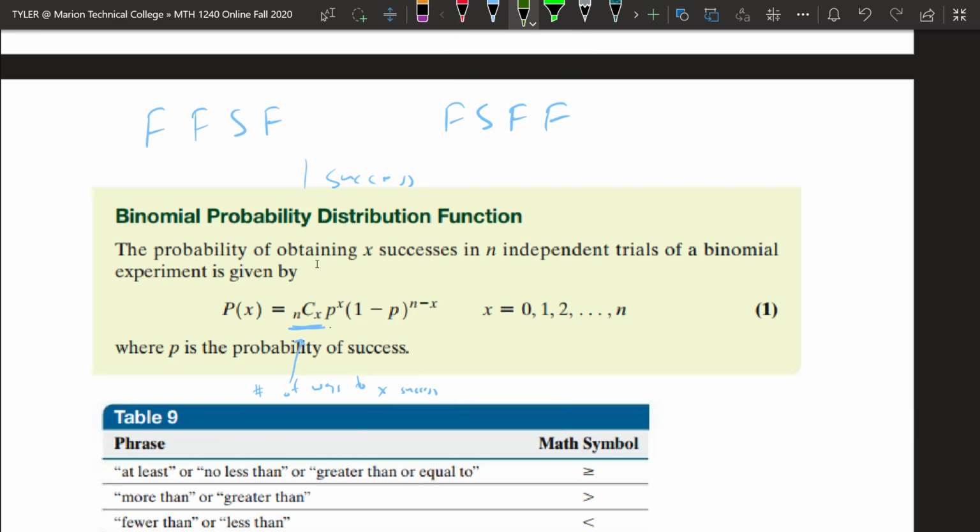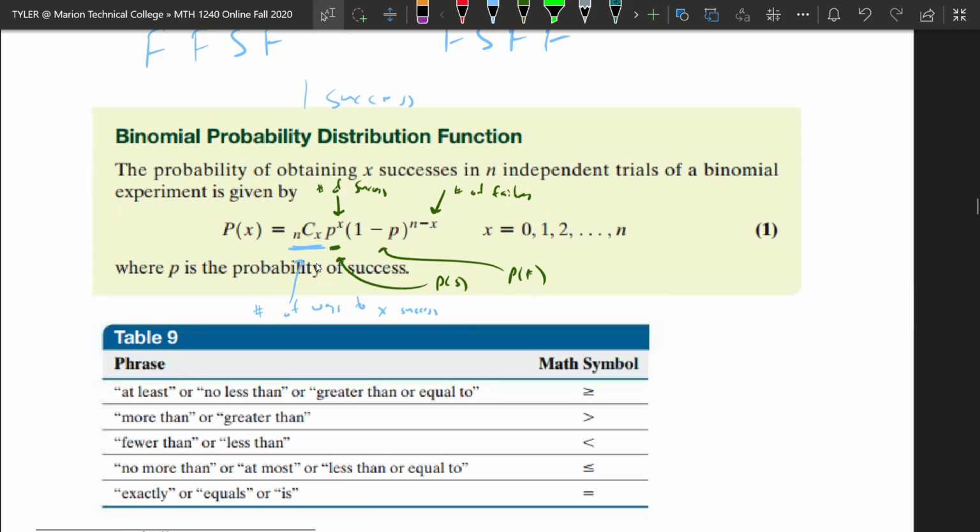This P value, of course, is the probability of success, right? And that's raised to the number of successes, x. And this n minus x, that's going to calculate how many of the items, right? Because there's n trials. If I take n minus successes, the rest were failures, that's going to give me the number of failures. And the 1 minus p, of course, remember, is the probability of a failure, right? So through that last example, we kind of explored how to come up with this equation,